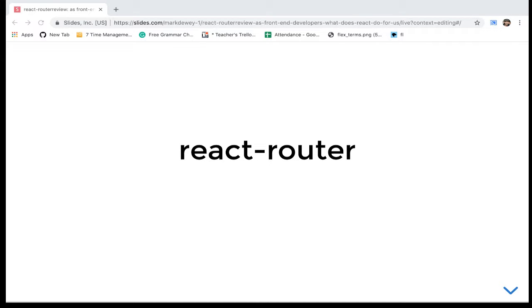So React Router is a really, really cool thing that is probably going to be on every app you build from here on out. And where are my slideshow notes? There we go. So with this being said,